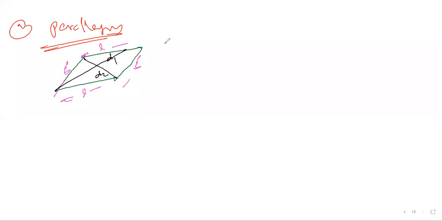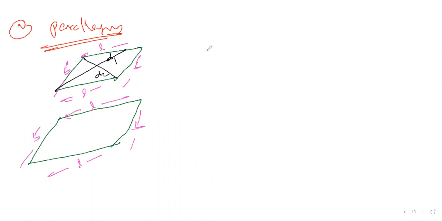Okay. So now I'll draw this parallelogram very neatly to understand very clearly. This is a parallelogram. This is a length L, this is a length L, this is a breadth B, this is a breadth B. Let us write the formula for area. I'll take one line. This line is called the height of the parallelogram.